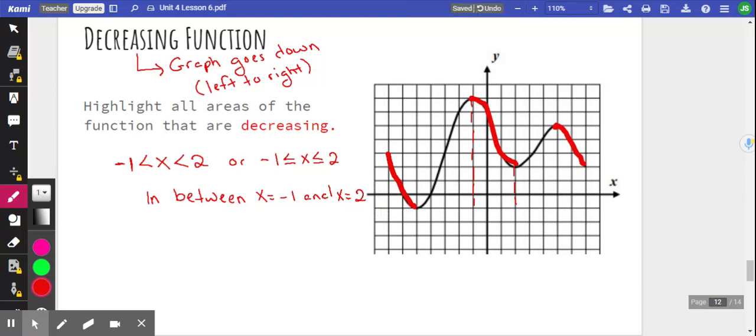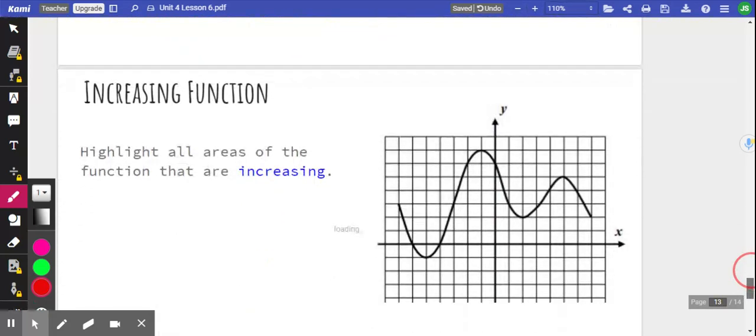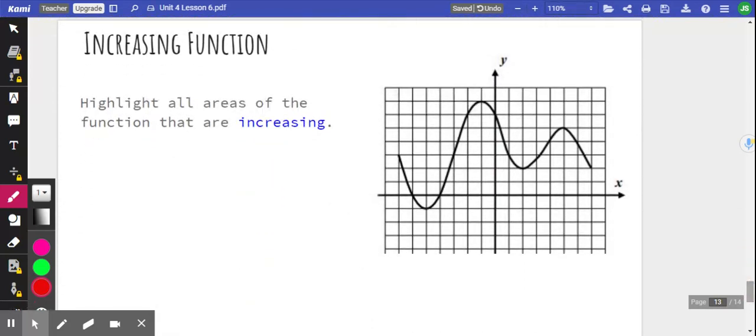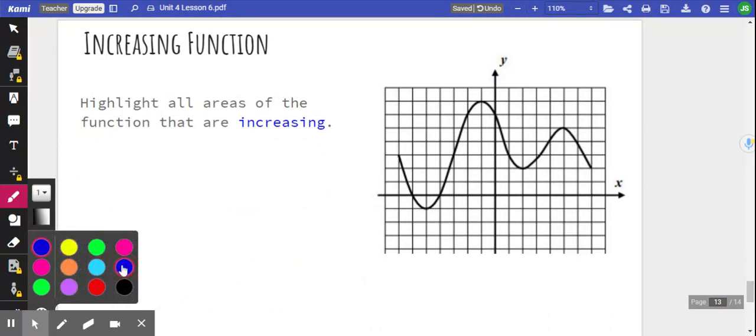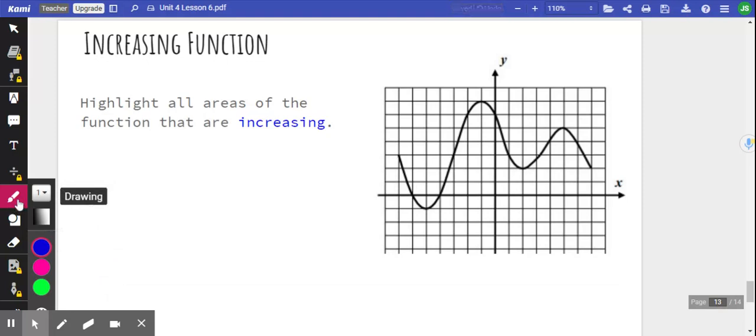We're going to look at a regions question. You can kind of see how they've asked it, and they did do it in interval notation. So now on the other side of this, well, we could also have an increasing function. Okay, so it's the same function that we just had. Okay, so increasing, and we've talked about this before when we looked at our linear equations. An increasing function is where the graph goes up